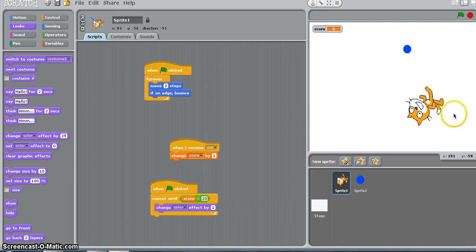So I'll actually say here 10, which means until the score reaches 10, the cat keeps changing its color. But once the score becomes 10,